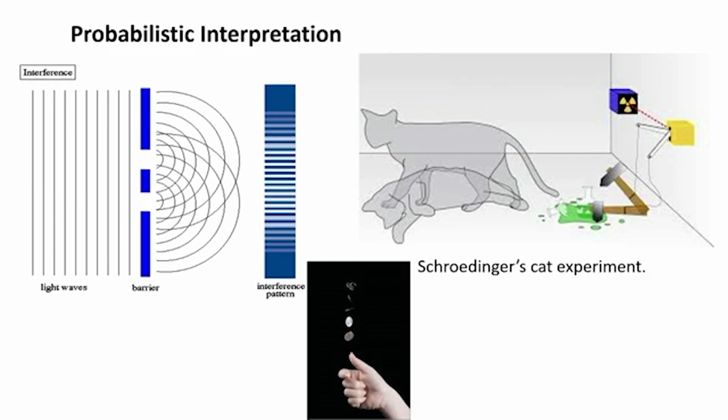Okay. To start with, we once again remind you of the probabilistic interpretation. The first picture on the left has been shown to you. It is an interference pattern of two slits. This is called Young's double slit experiment, and what you see on the right is the interference pattern on a screen which comprises alternate dark and bright bands, and these two slits are considered as coherent sources, and that is what creates the interference pattern on the screen,